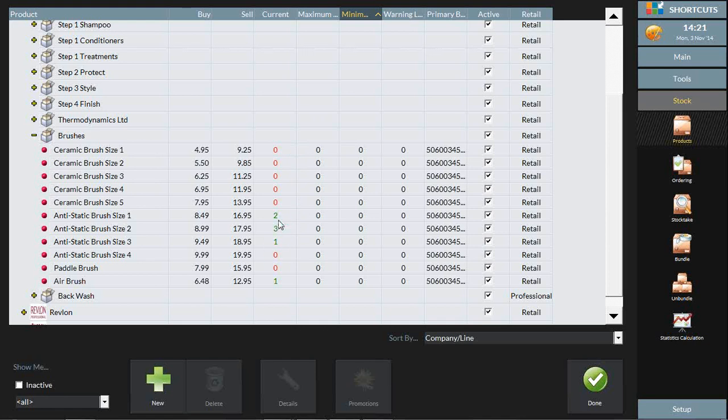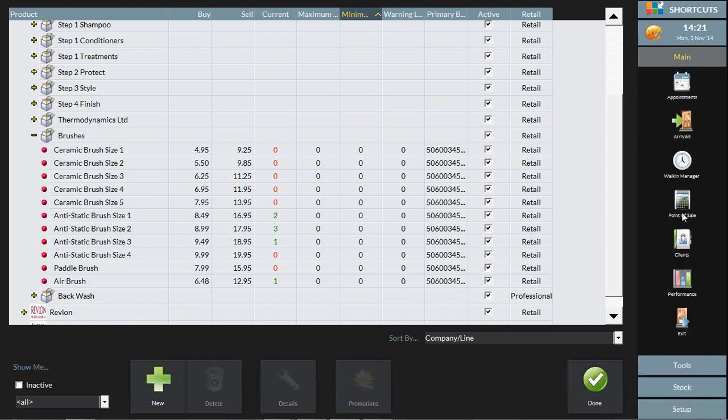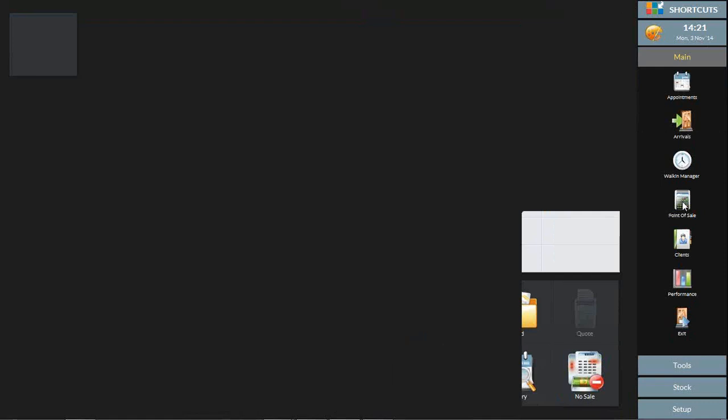And when you're using any products, so if you're ever using any products for salon stock, so it could be a retail product that you've taken off the shelf to use, or it could be a professional stock that you've taken out of the system, then you just need to remember to pop that through at point of sale. So I'm just going to show you quickly. In point of sale,